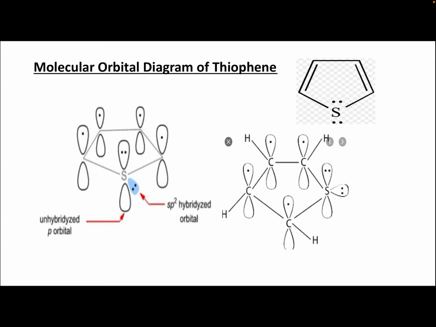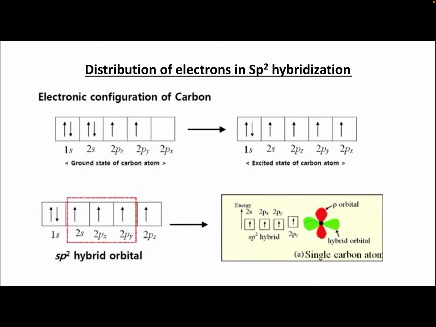So in the next diagram, we are seeing that this carbon is binding with hydrogen and a sigma bond is formed there. So 4 carbon-hydrogen sigma bonds are formed, and you are seeing carbon-carbon sigma bond 1, carbon-carbon sigma bond 2, carbon-carbon sigma bond 3. So 3 carbon-carbon sigma bonds are there, and 2 carbon-sulfur sigma bonds are there, and 4 carbon-hydrogen sigma bonds are there by the overlap of sp2 and s.